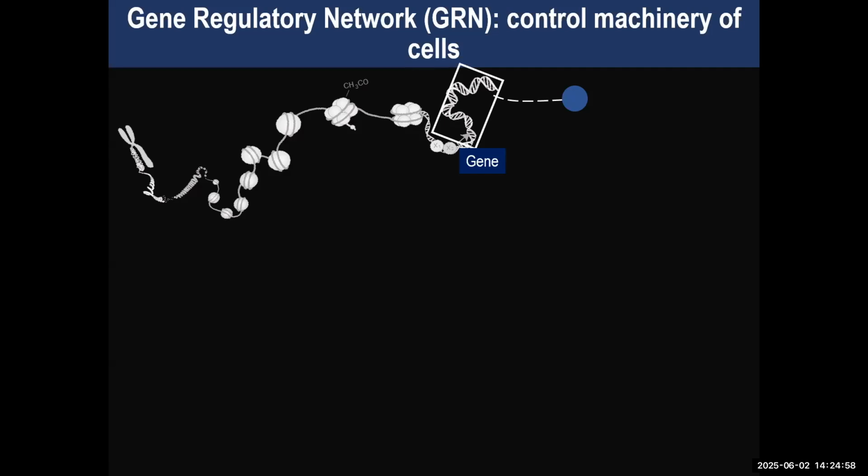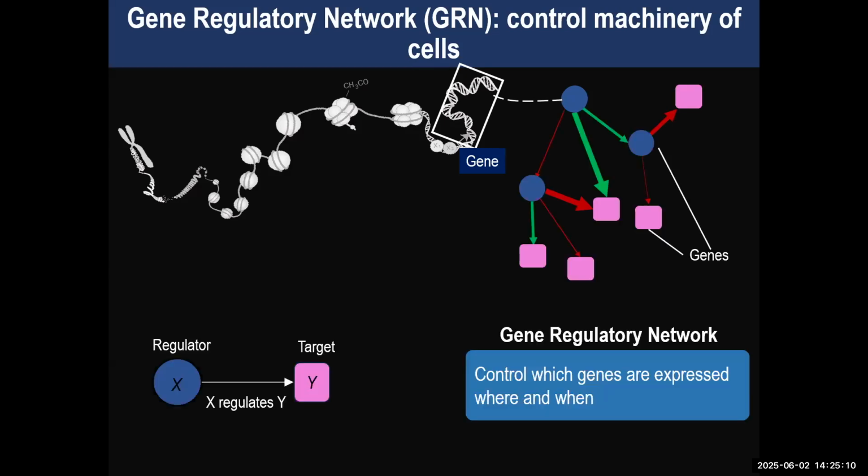So first of all, what exactly are gene regulatory networks? Let's consider this piece of DNA which encodes a gene, and let's represent this gene by a blue circle. Now we know that genes don't work by themselves alone. Rather, genes interact with a lot of other genes in a particular network. These can be different metabolic networks, and the type of network we are most interested in are called gene regulatory networks. They basically control which genes are expressed when and where.